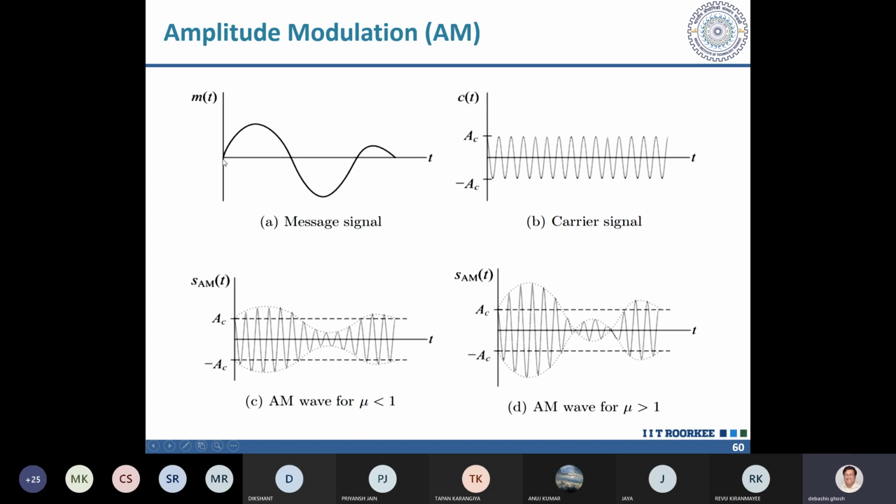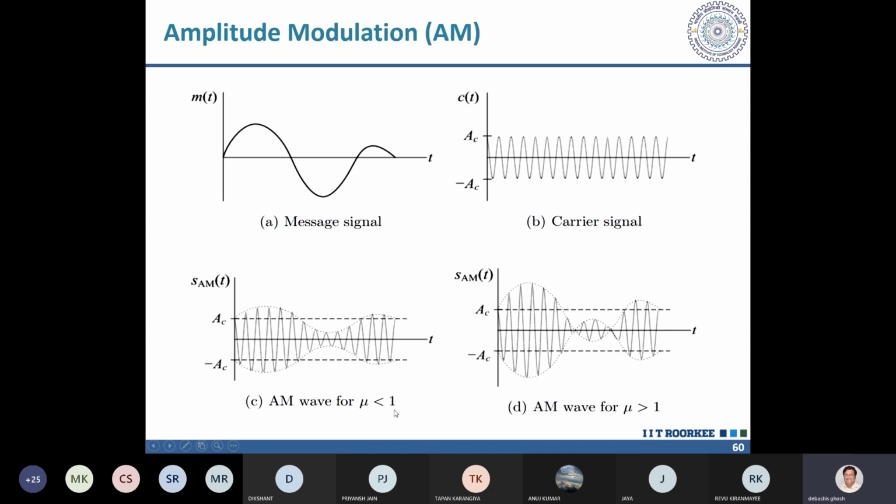But when I am adding this carrier with the DSBSC, now the signal will look like this. Okay, and this shape or this shape. Now this depends on my selection of Ka. If I take Ka small, then it will look like this. If I take Ka more, then it will cross over the zero line. It will cross over and it will look like this. This is for Ka more.